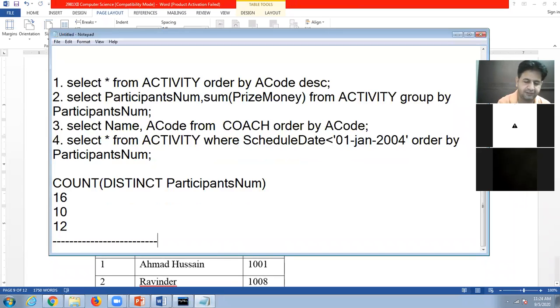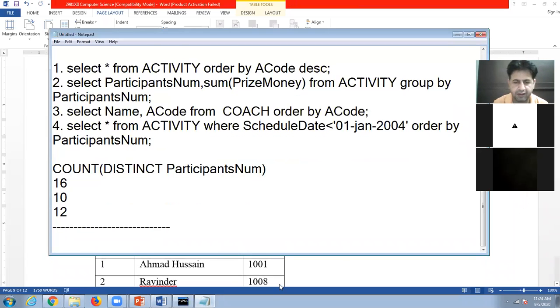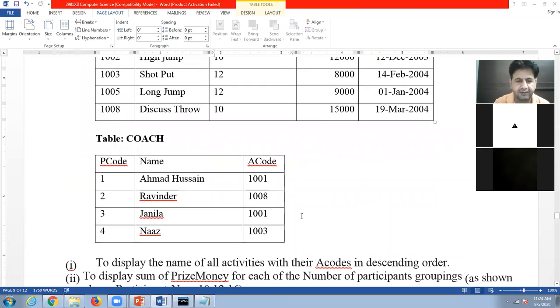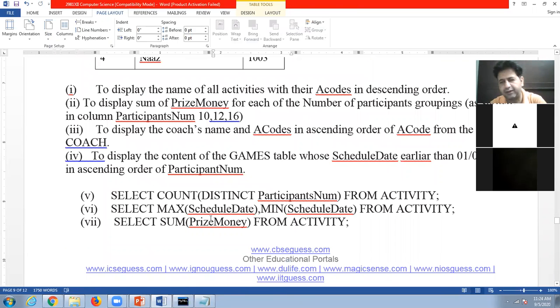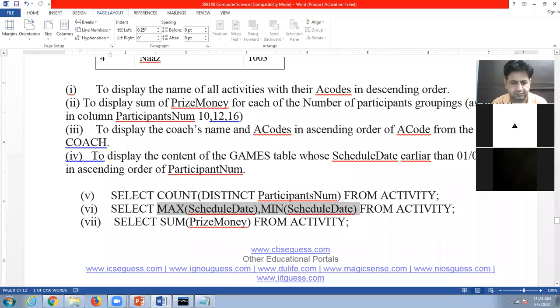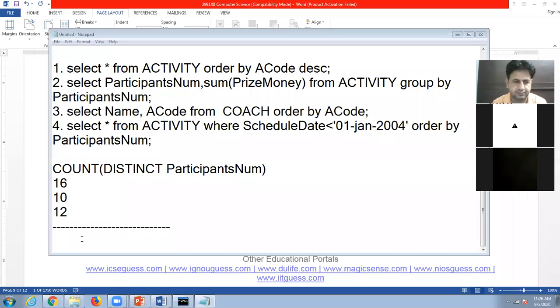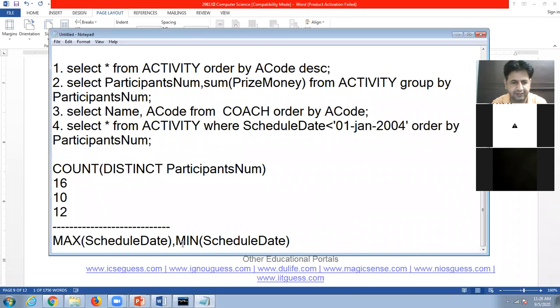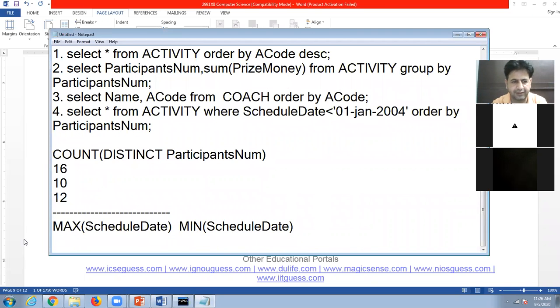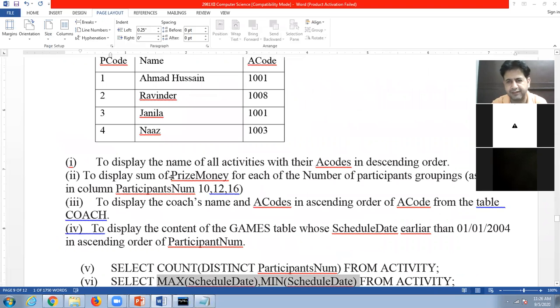Next query is select maximum schedule date, minimum schedule date. Look at here. Field name is like this. Now find out minimum and maximum. Maximum is latest.